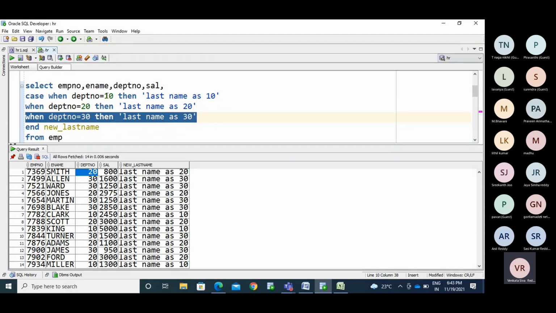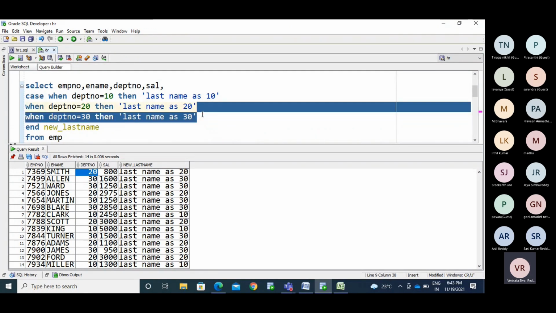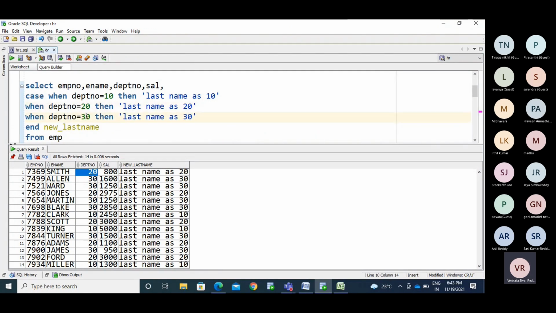Check 30 equals 10, false. 30 equals 20, false. 30 equals 30, true. Now it checks multiple conditions like this. Now if we don't have a condition like this, if we have the values like this, 20 checks this and matches, so it displays this. 30 is not matching: 30 equals 10, 30 equals 20, false, 30 equals 40 also false.